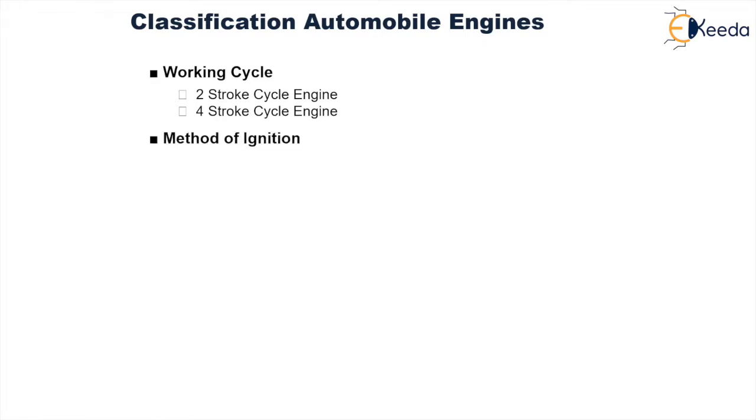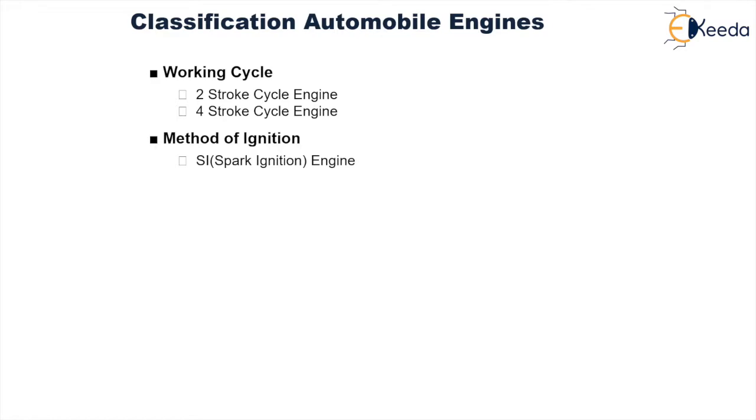Another mode of classification is the method of ignition. By the word ignition, we mean start of combustion. There are different methods by which combustion of the fuel may start, and depending on that, the engines are classified. They may be spark ignition or SI engine, as we commonly call them, wherein a spark plug is used. In these engines, the ignition of the fuel takes place by means of a spark plug, and in these engines the air and fuel mixture is prepared outside the combustion chamber, which is called charge, and this charge is drawn inside the combustion chamber, which is then further ignited by the passage of spark, hence the name